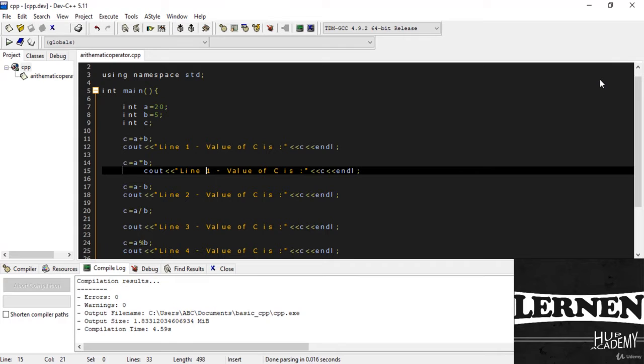Now we just see the example of the relational operator in C++. As I told you, the relational operators we use are equal to, not equal to, greater than, less than, greater than or equal to, or less than or equal to signs. So now